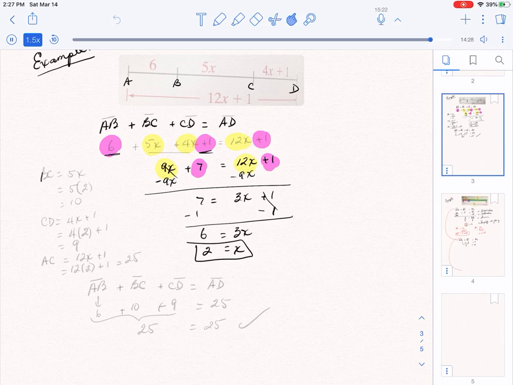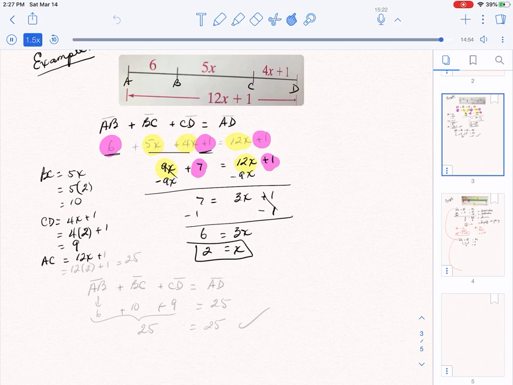I have BC, which is 5x. I'm going to substitute 2 into the 5x. That should give me 10. And then I have CD is 4x plus 1, so 4 times 2 plus 1, that should give me a 9. And then everything together should be 12x plus 1. That should give me 12 times 2, which is 24, plus 1 is 25. Let's test it. AB is 6, BC is 10, and CD is 9. That should give me 25. Well, this is going to be 25 and 25. Okay, so let's try working on your